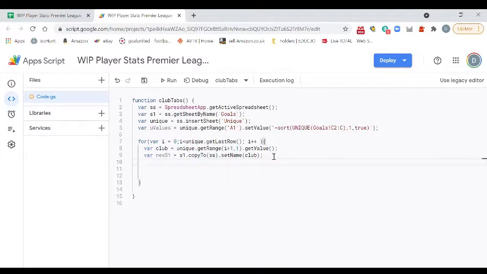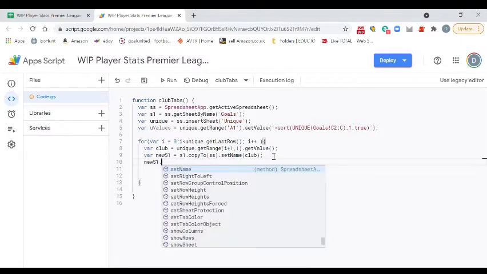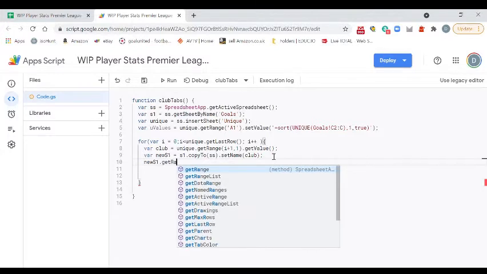So now what we want to do is clear that data. Because it's not something I'm going to call up on later, I don't need to create a variable for it. So new s, all I need to do now is start typing out how I'm going to clear that data. Obviously the sheet that data I want to clear is in our new sheet that we've just created, and then obviously we want to get the range,